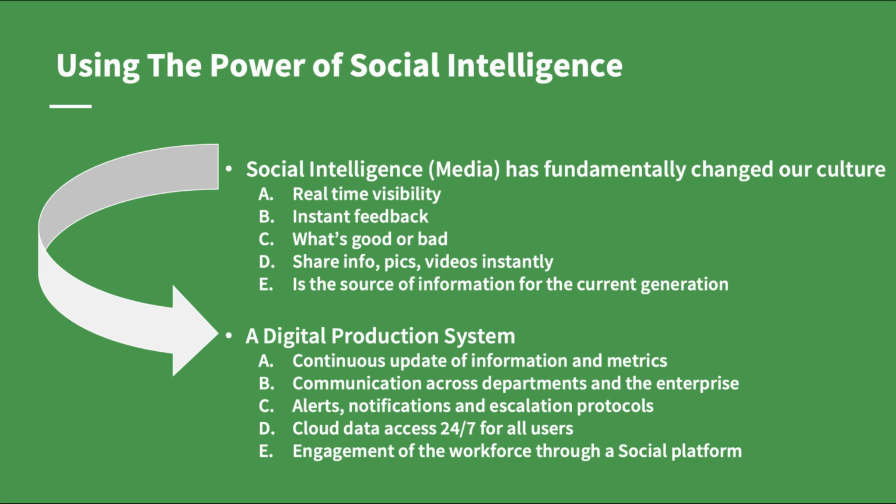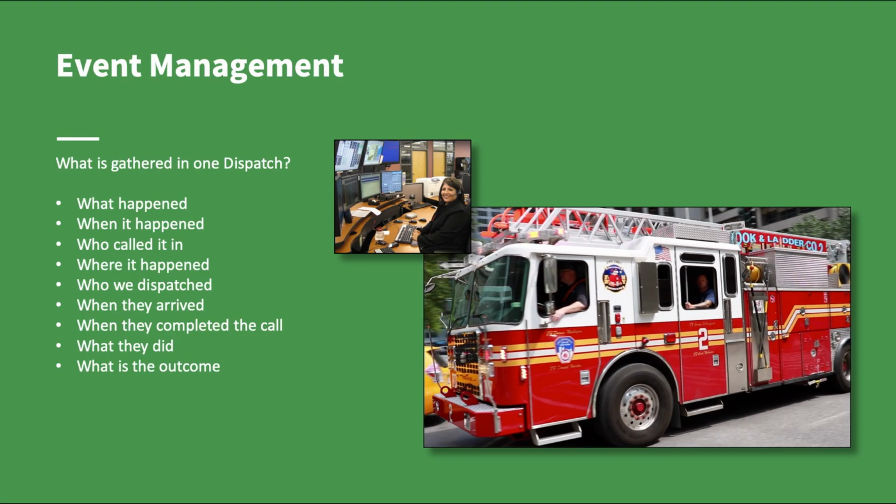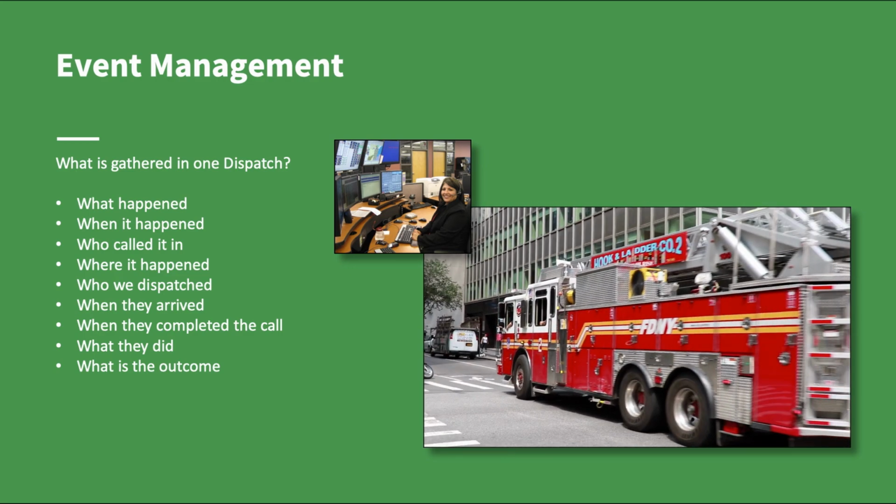So let's talk about the real power of a digital production system. Really, the power here is quantifying the digital data. And what I mean by that is, let's take a look at one of the aspects of a digital production system. One of the features in a digital production system is event management. At Leading to Lean, we call it dispatch. Think about what happens in this moment. Think about the power of knowing when an event happens on the shop floor. If you equate that to a 911 call,